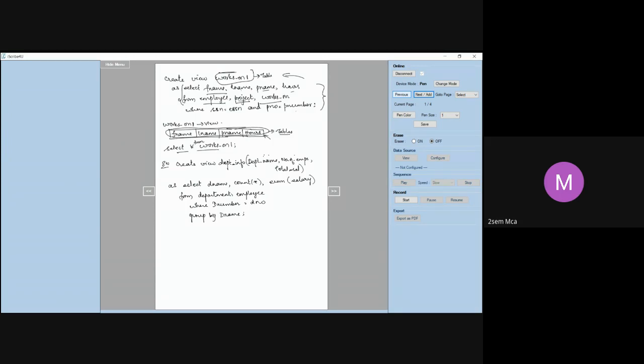See, here what we have done, we have created a new view called department info. Department info is the view name. Now, for this view, I don't want to take the same attribute names that are there in the table. I want to give some new attribute names, like department name, number of employees, and total salary.